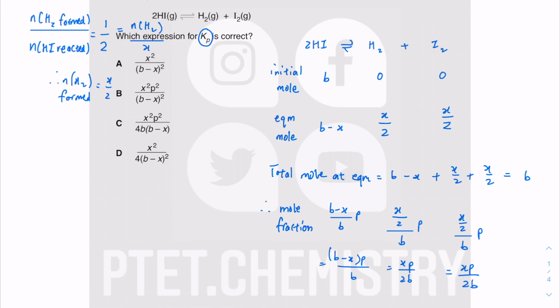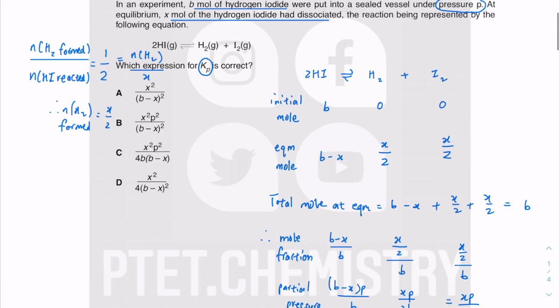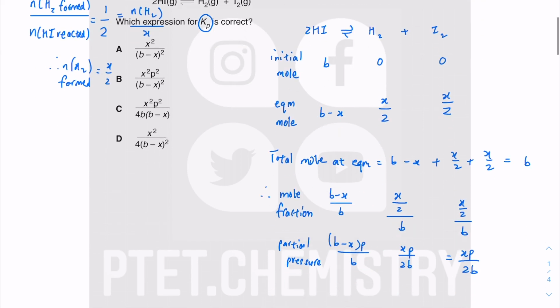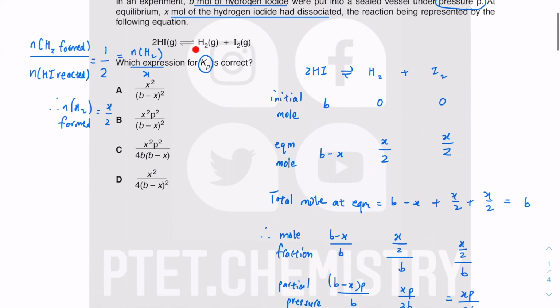Well, actually, that is not going to be my mole fraction. There's already partial pressure down there. This partial pressure, I've just multiplied by the total pressure. We need partial pressure for Kp and not just mole fraction. So be aware that sometimes your total pressure doesn't cancel out, but I believe here they do. If you look at the expression,